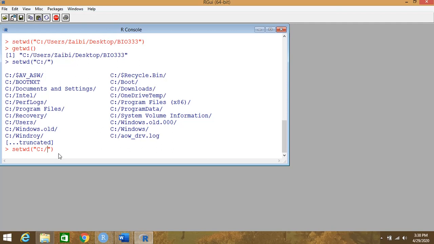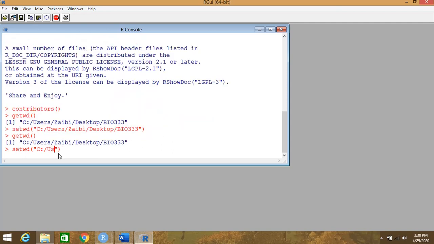We need users, so we write U and press tab and it automatically takes us there. If you have more than one thing starting with the letter U, it will show you all of them, and then you can add one more letter to the first letter.